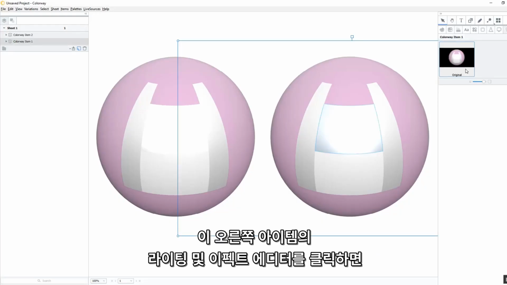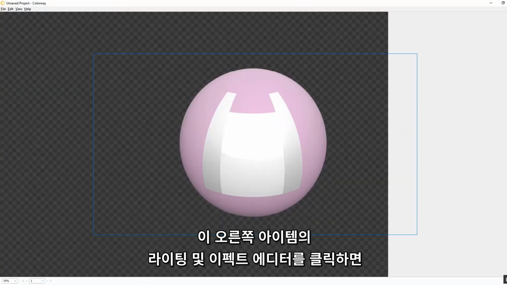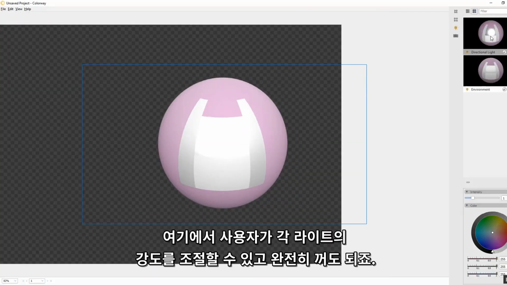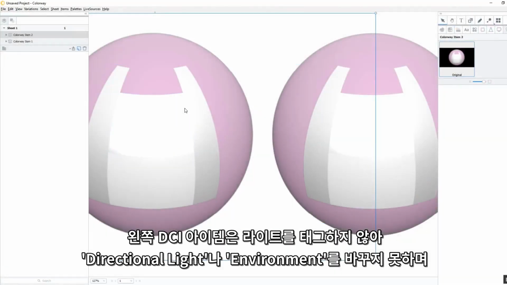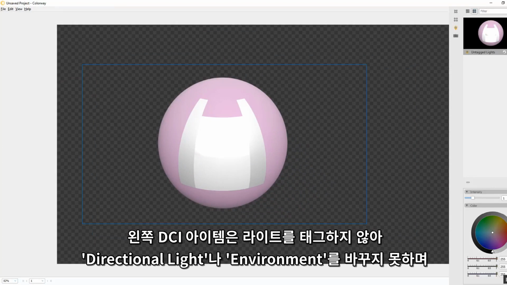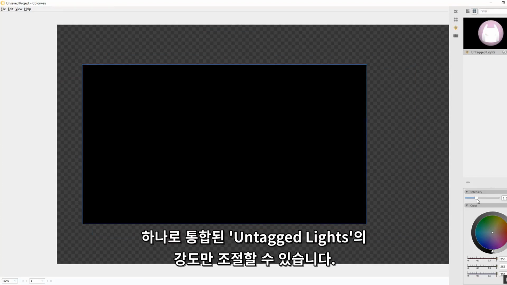This one on the right, if I click on the lighting and effects editor, has all of the lights tagged, which means the user can go in and change the intensity of each of those individual lights. They can even turn those lights off completely. The DCI on the left doesn't have those lights tagged, so they don't have the option to change the directional light or the environment independently. They just have a general untagged lights where they can have a combination of changing the